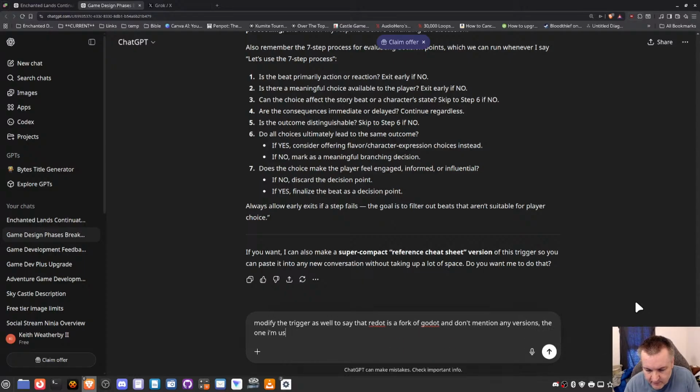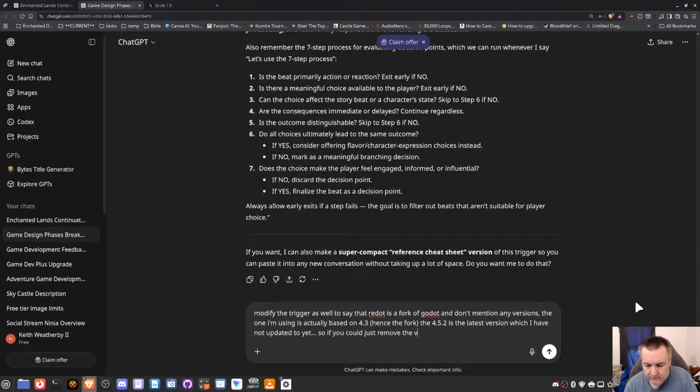The one I'm using is actually based on 4.3, hence the fork. 4.5.2 is the latest version, which I have not updated to yet. So if you could just remove the version numbers, if it's relevant, I'll mention what version I'm using.